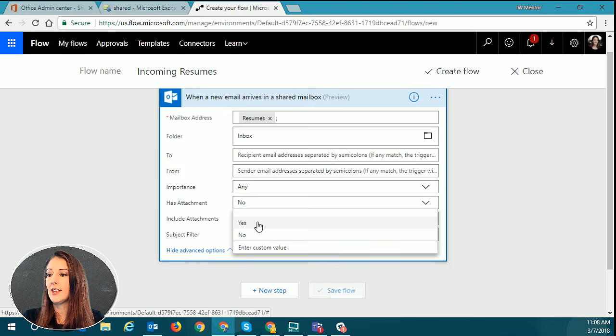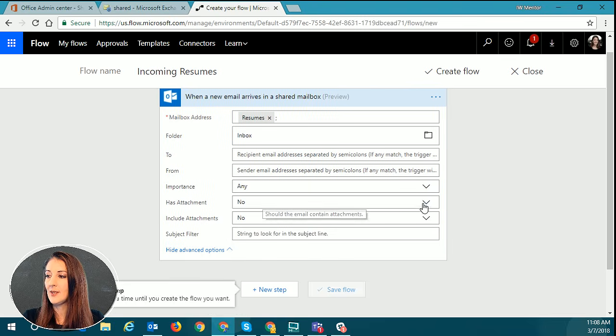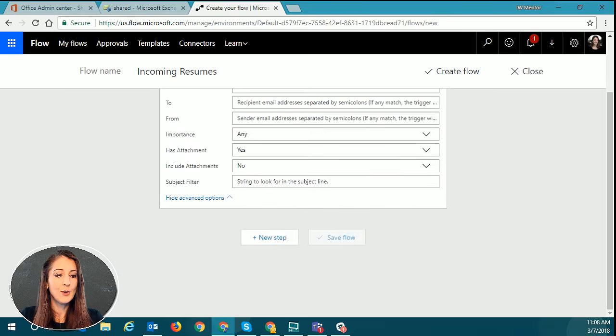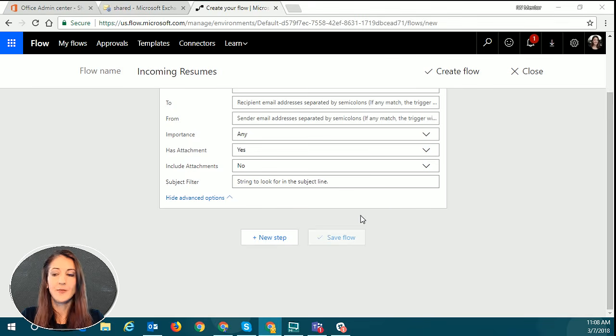I'm going to say has attachment, yes, because if something doesn't have an attachment, basically they're supposed to be sending in their resumes. And so if they don't have an actual resume attachment, then we're not going to put that in a library. So you don't have to change it to yes, but that's just something I did here. So then I'm going to, let's see, do a new step,